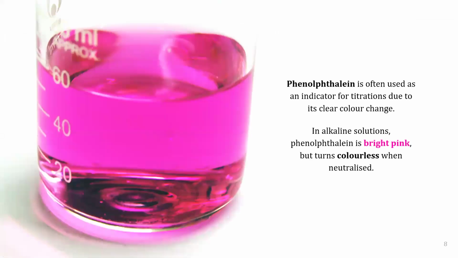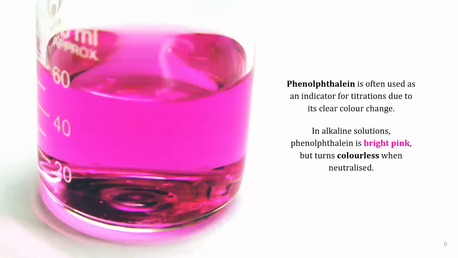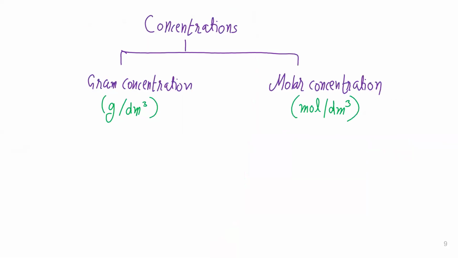Can you just tell me, is the burette 50 to 0? Does the scale go from 50 at the top to 0, right? Right. You have two types of burette available, 0 till 50 or 50 till 0. Even bigger are available depending upon the need. Now, phenolphthalein is often used as an indicator due to a clear color change.